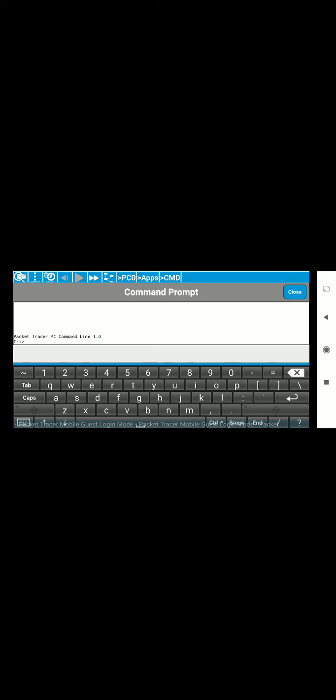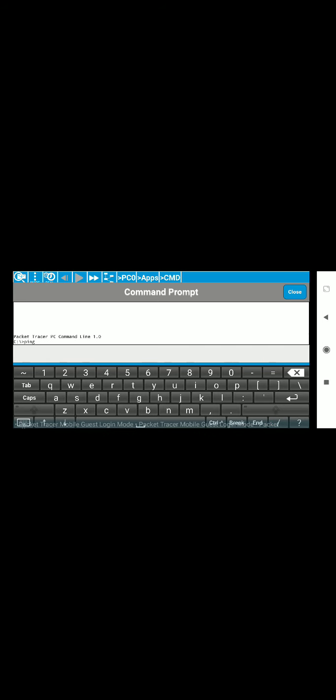Just click on PC0, click on desktop, then command prompt. Here we are going to write one command, that is ping. Click on space, and here we are going to add the IP address of router R1. That interface is Fa0/1, the interface which connects to PC1.